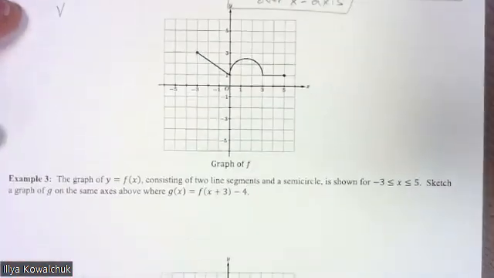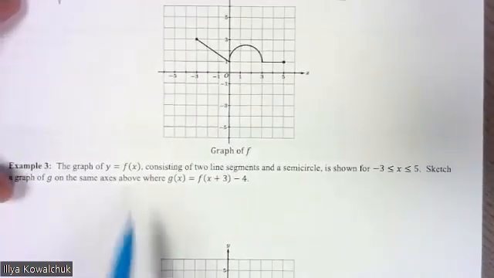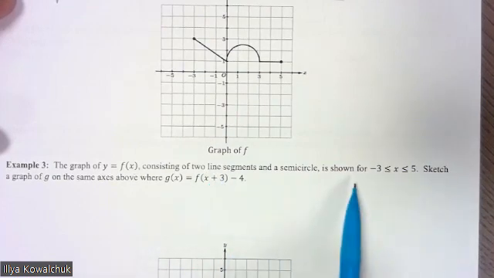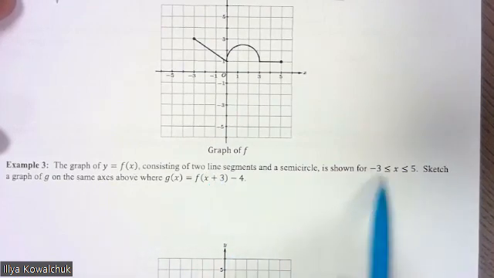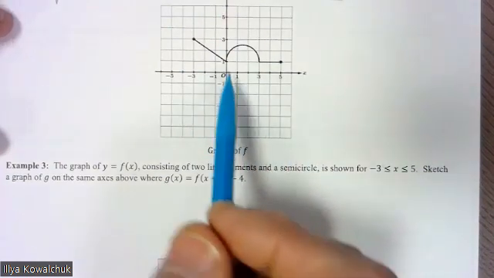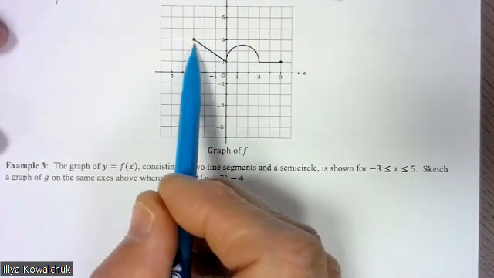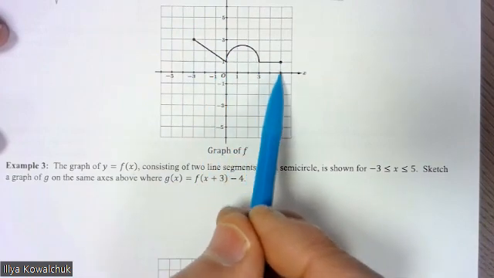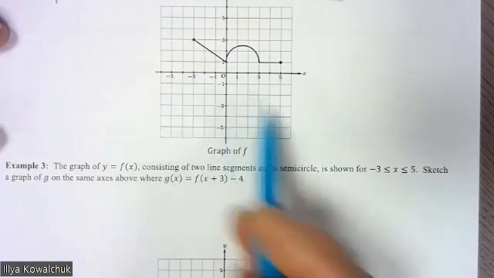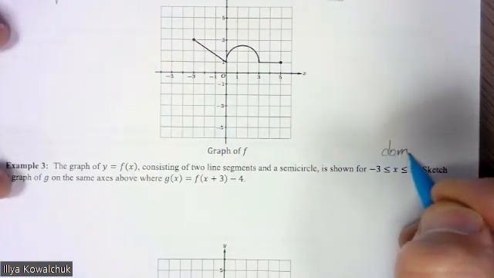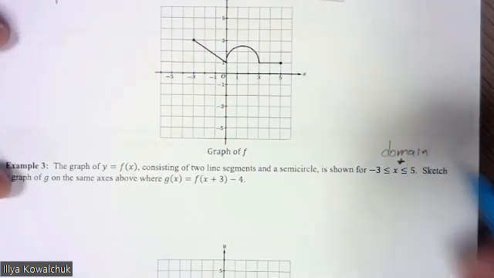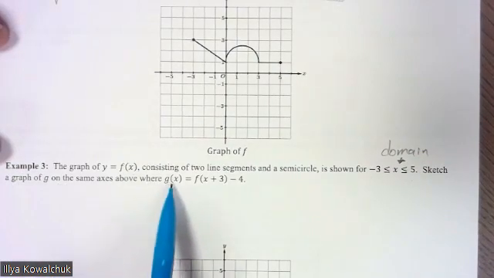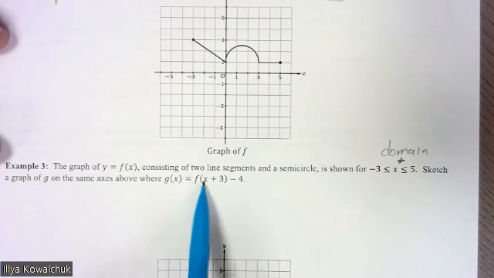All right, let's come down here to example 3. The graph of y equals f of x consisting of 2 line segments and a semicircle is shown for -3 to 5. Okay, so let's take a peek here. We're at -3. Our graph starts here. We got a line segment, a semicircle, and then another line segment, and stops at 5. Okay, so our domain, right, the x values is -3 to 5. Sketch a graph of G on the same axis above, where G of x is f of x plus 3